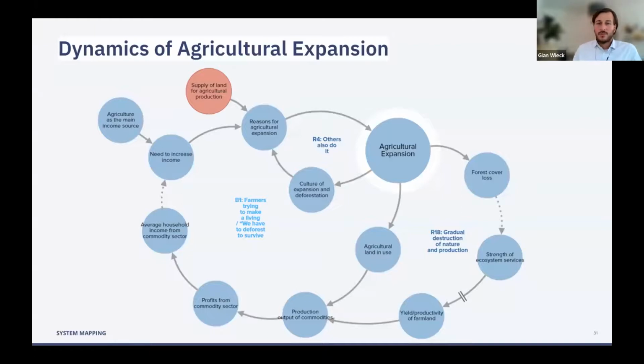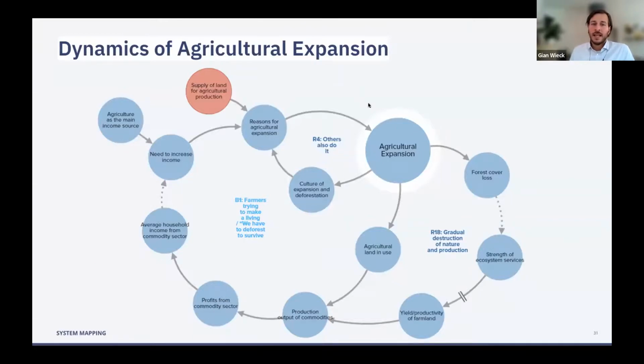One, on the very right side, that you mentioned, is the loss of forest cover, and therefore the weakening of ecosystem services, which with some delay might have a negative impact on productivity of the farmland. So they reduce the production output, the profits, the income, and so on,